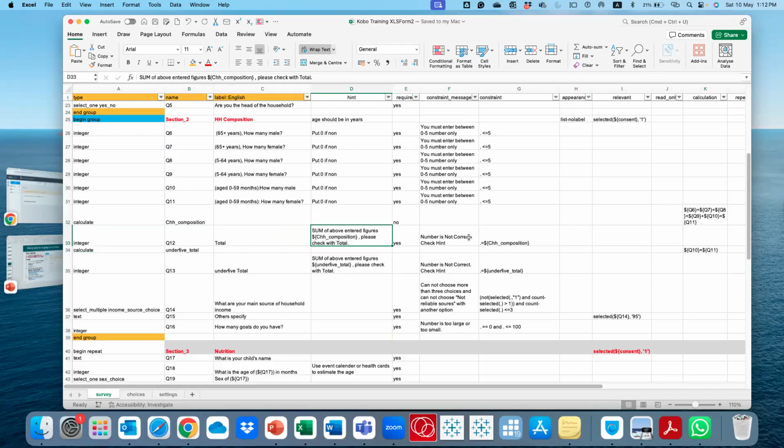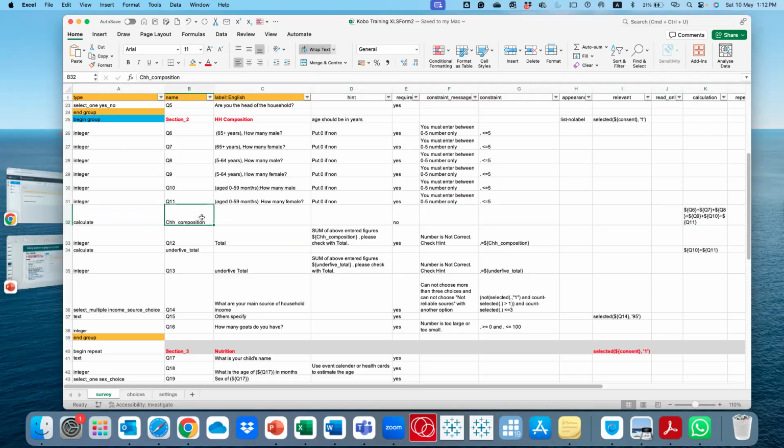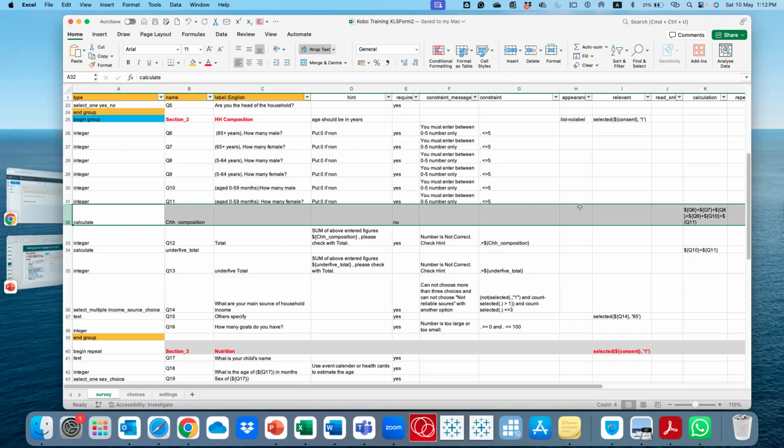So you may want to check again using this calculation. The calculation here is to get the household composition. We say the calculation does not show, but it's in the background. You can show it if you want, using a note or something. But this is usually a good check to confirm some numbers.